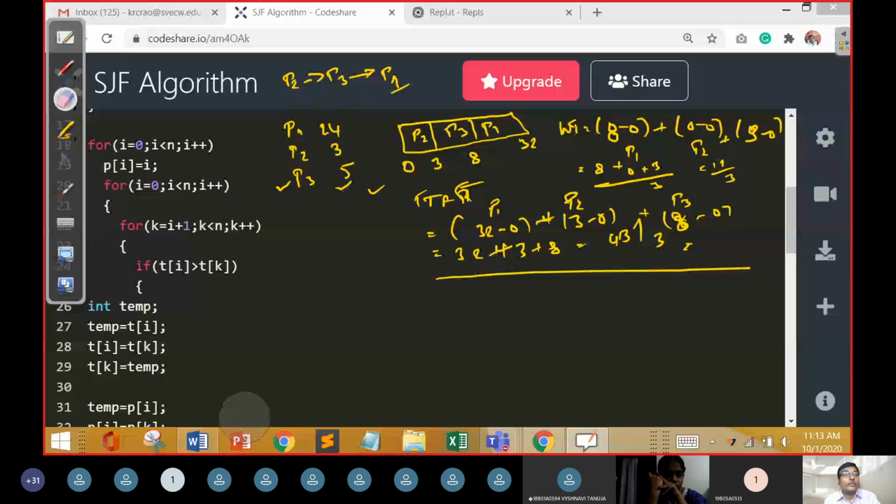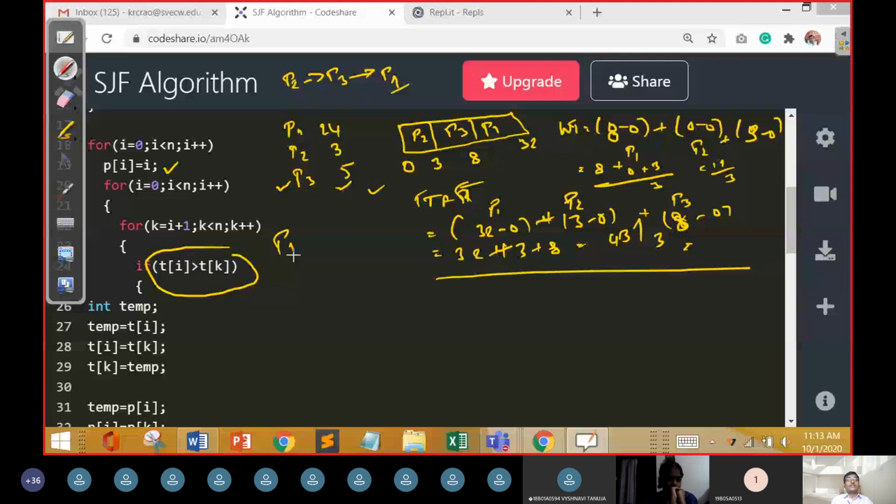First of all, we are going to take the first element and then compare it with the next element. What is the first element? The first element is P1. What is the second element? The second element is P2.